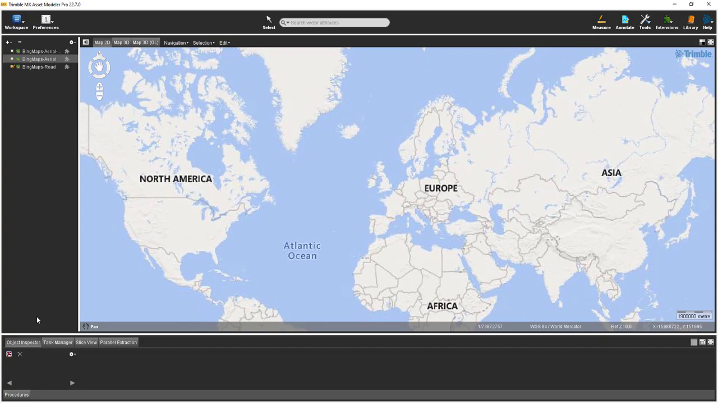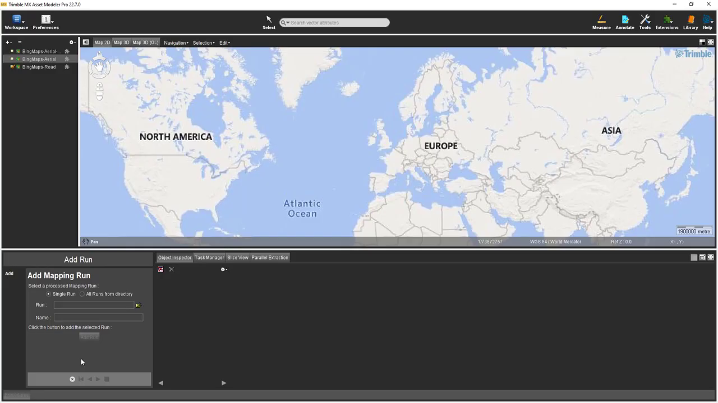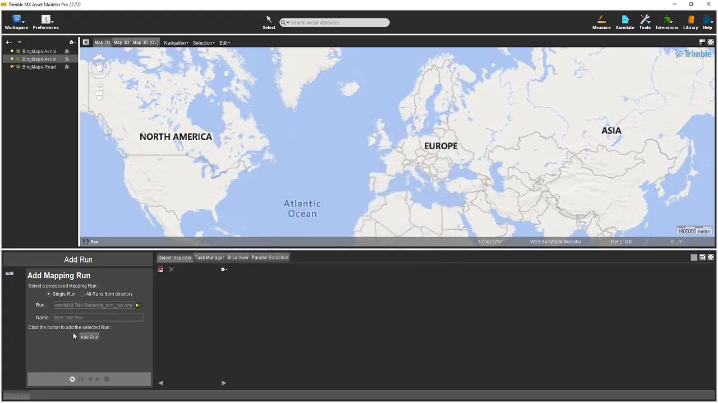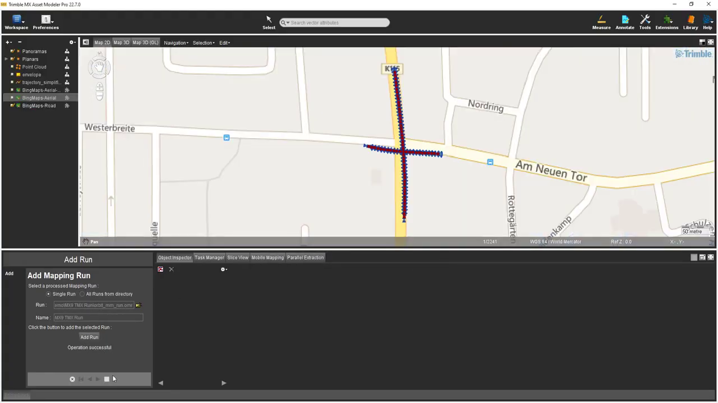To import the MX9 demo data, first start by selecting the Procedures button in the lower left corner, expand the Mobile Mapping group, and then in the list, select Add Run. Use the Browse icon to browse to the folder on your computer that contains the run data. Select the OMR file, followed by the Open button. To add the run to the view, select the Add Run button, and then finally select the square icon to